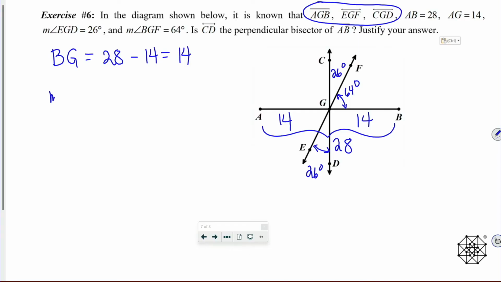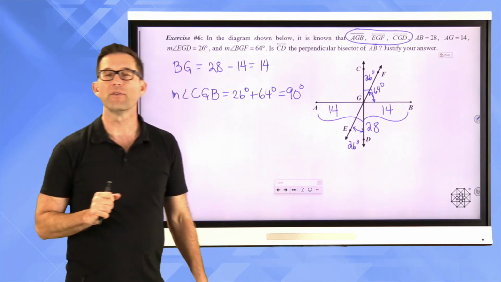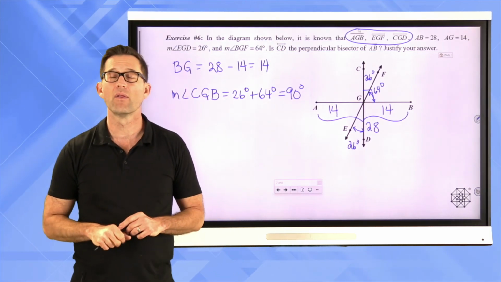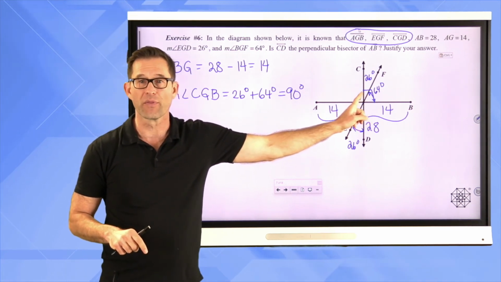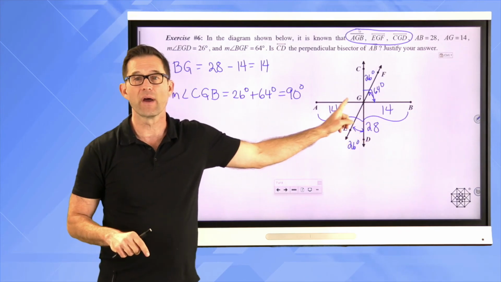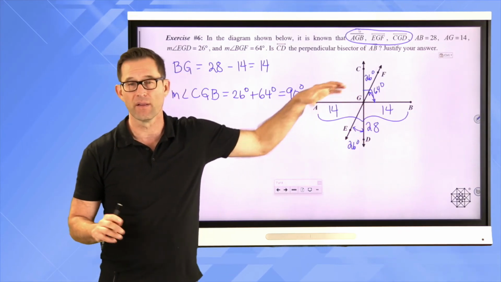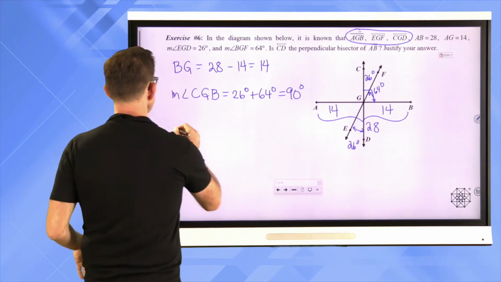Now I can figure out that the measure of angle CGB is equal to 26 degrees plus 64 degrees, and that's 90 degrees. So this is a right angle, but as we've talked about before, when one of them's a right angle, they're all right angles. Because that angle has to be a right angle given that it's a linear pair with that one. This one down here has to be a right angle because it's a vertical angle with that right angle, etc., etc. So the answer is yes,